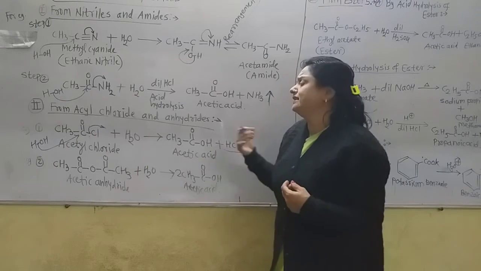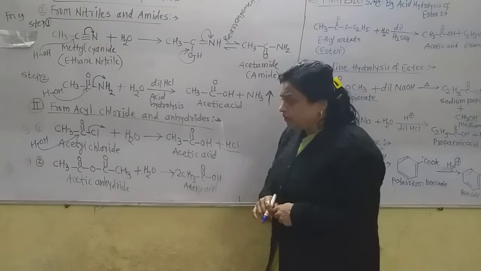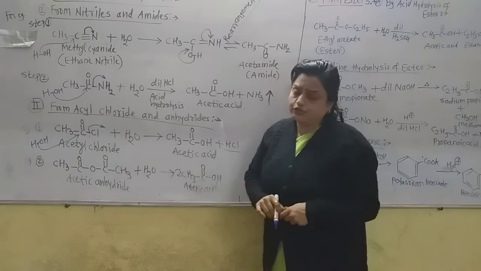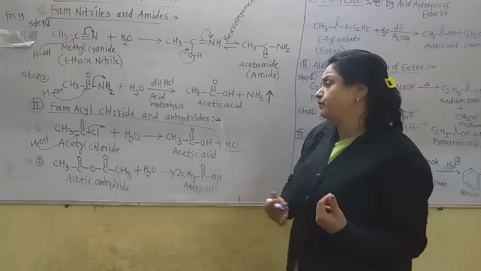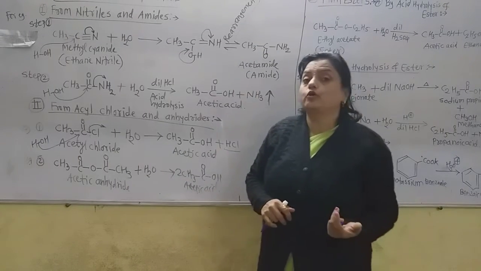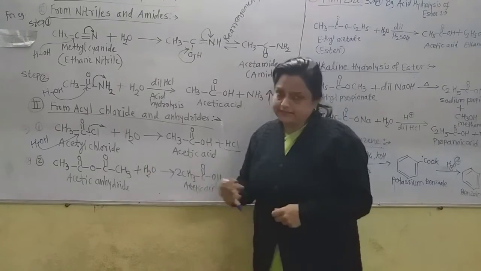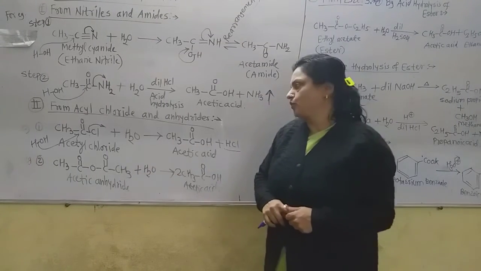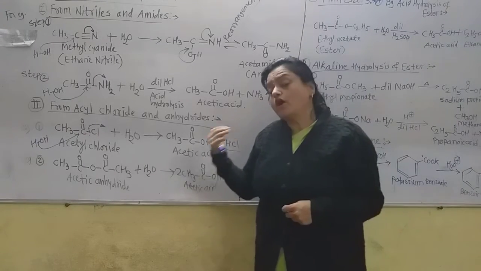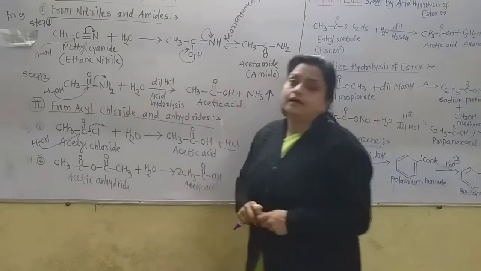If we take the higher acyl chloride, higher acid may be formed. Now next is the preparation of acid from anhydrides. We know the acid anhydrides are formed from two molecules of acid with loss of a water molecule. When water is removed from two molecules of acid, acid anhydrides are formed, and we have already seen the general formula of acid anhydride, RC=O-O-C=OR'. But I take here a particular example, acetic anhydride.